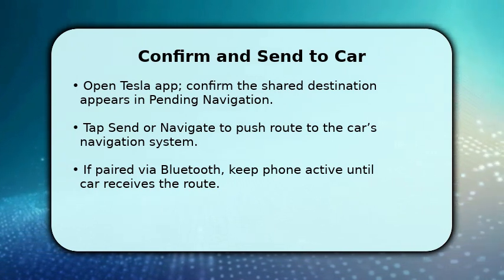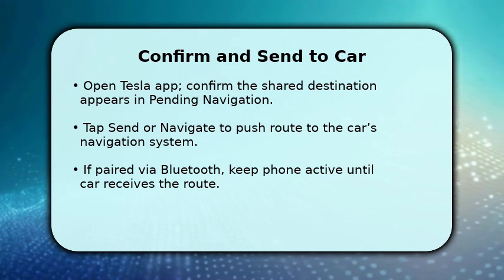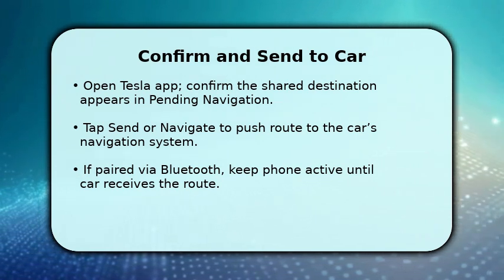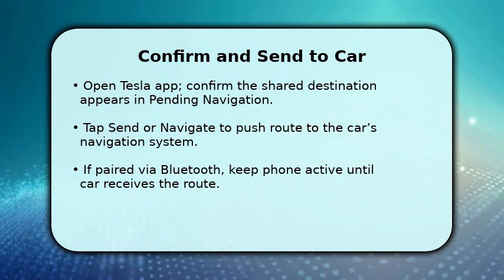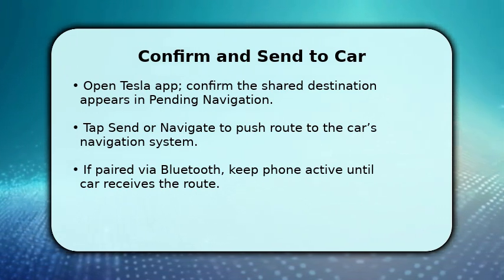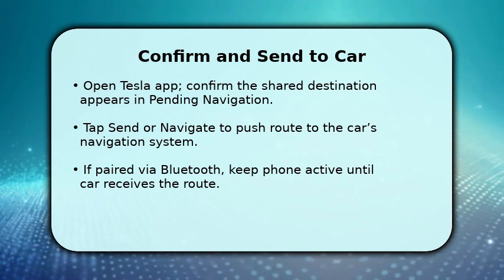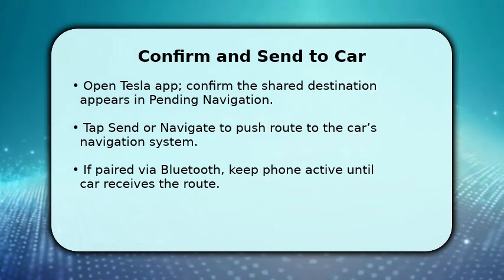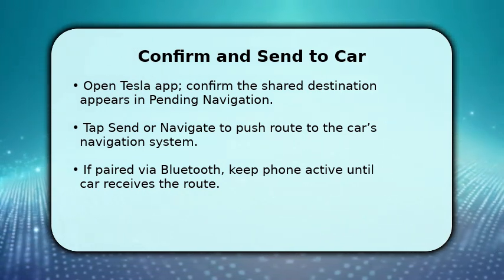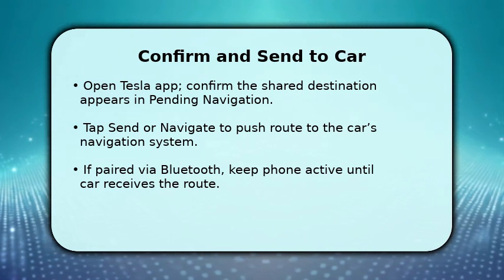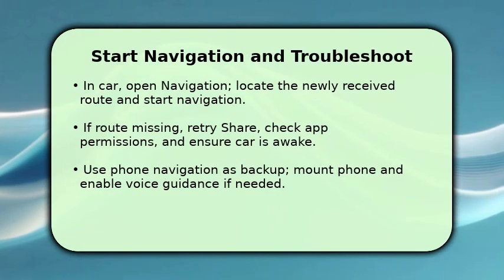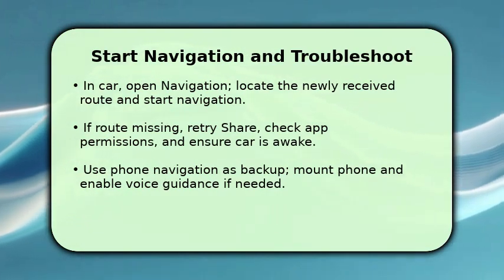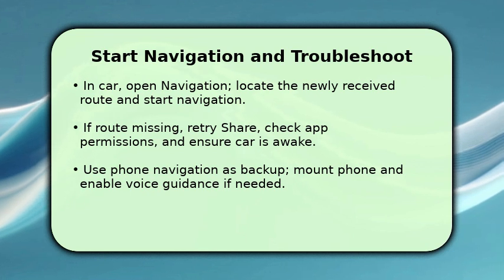Make sure your phone stays unlocked and the Tesla app remains in foreground briefly. This ensures the car receives the payload. If the car is asleep, wake it via the app or by unlocking the door. You do this because the app relays the Google Maps address into Tesla's nav database so the car can plan the trip natively. Finally, sit in the Model 3, open the car's navigation panel, and select the received destination to